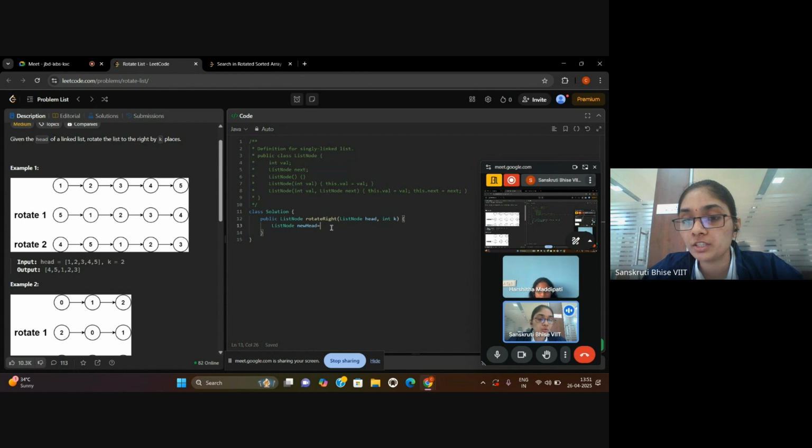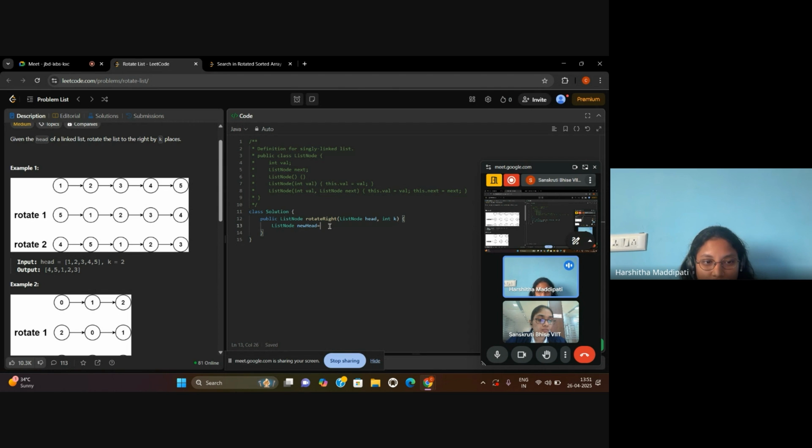Abstraction is where we show only essential details to the user and hide the unnecessary ones. Like with a car, we just know how the car works, but we don't know what actually makes the engine run the car.